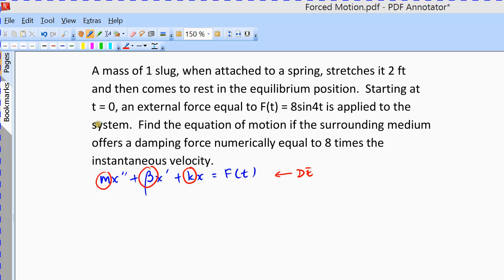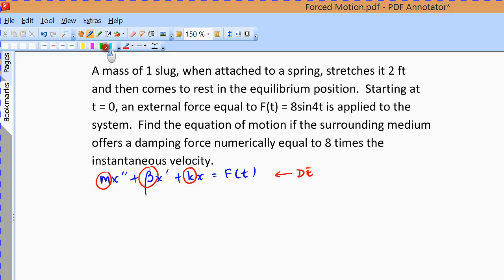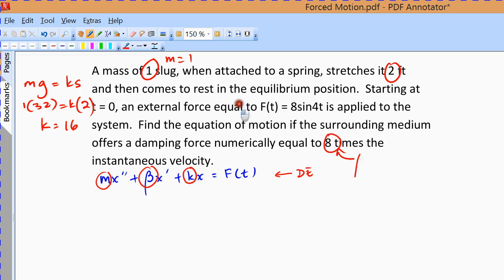Now this is the differential equation we wish to use. We need to find m, beta and k. Now m is 1 from here. To find k, we need to remember that mg is equal to ks at equilibrium, and so 1 multiplied by 32 is equal to k multiplied by the stretch, which is 2 feet, and so we obtain k equals 16. Now this of course is beta, and now we plug this into our differential equation,